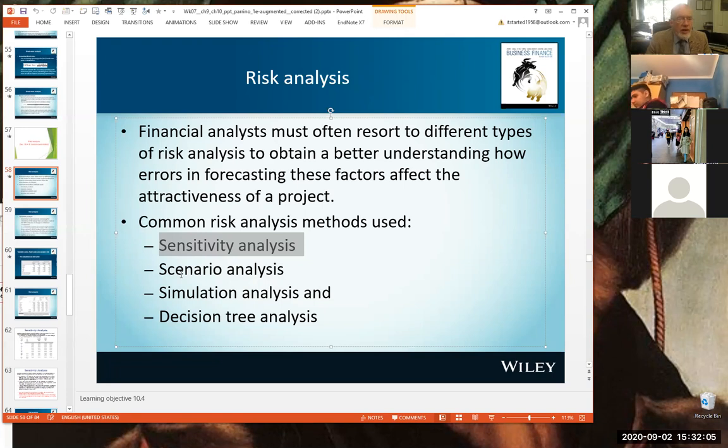Sensitivity analysis is simply going through, looking at each one of the variables that make up your model, your discounted cash flow analysis, and seeing what happens as they change. Commonly, analysts doing this will look at the most likely values. So I'm talking about a property example. You're looking at the rent. Say the most likely, I'm expecting to get $500 a week for rent for this particular piece of property, whether it's a shop or a house or whatever it's going to be, $500 a week.